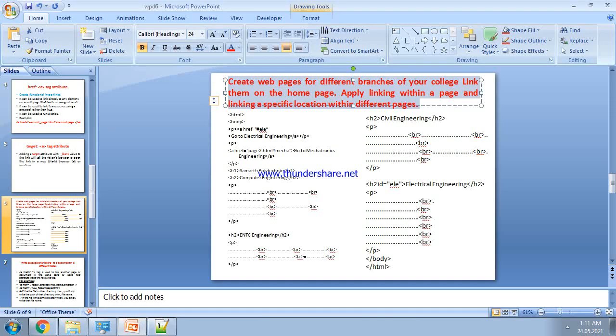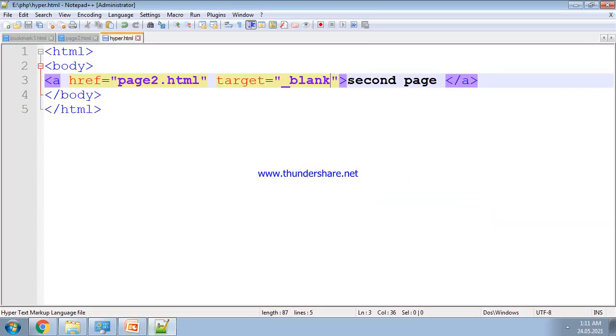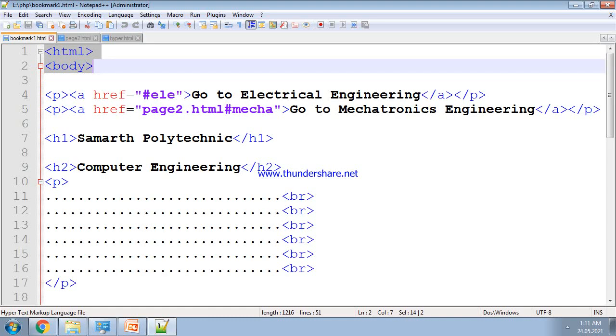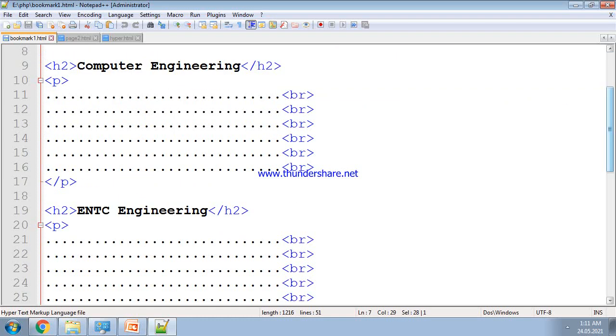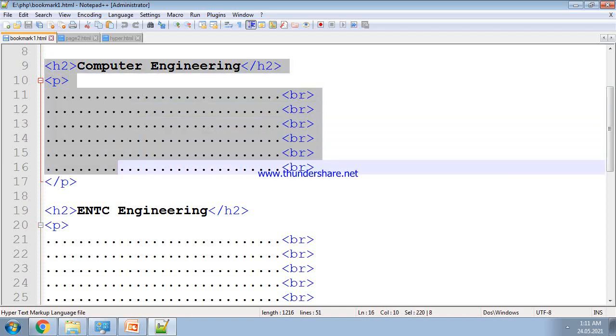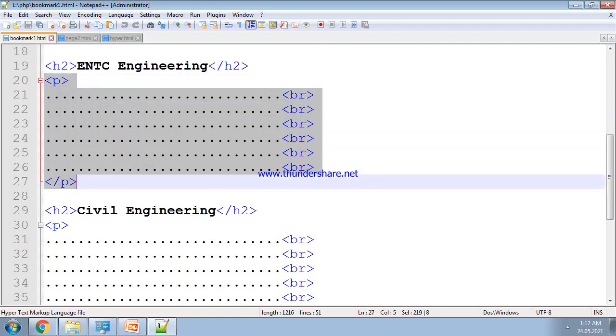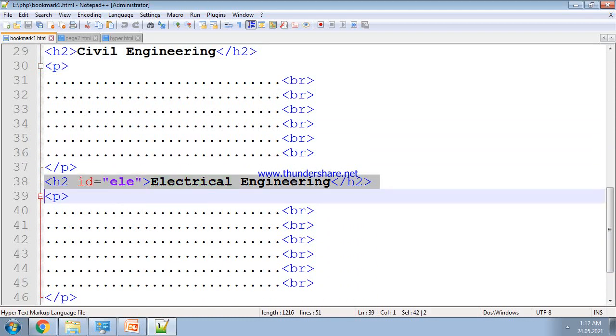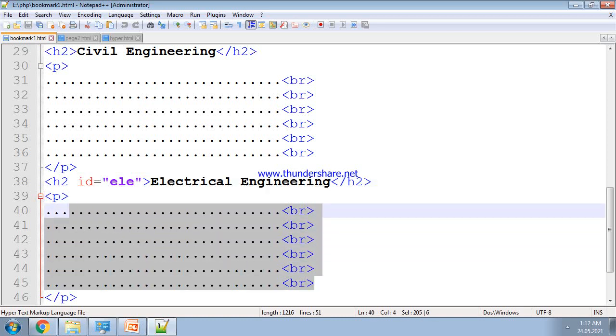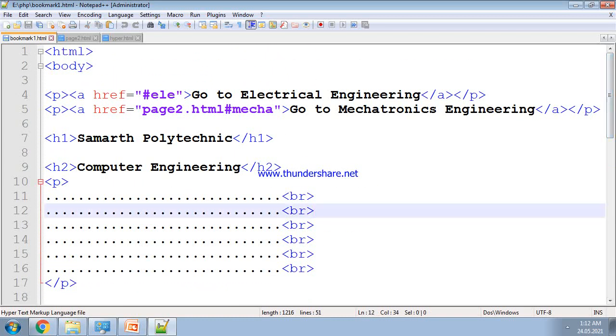This program is very small, so let us see it in the text editor. Here an H1 heading Samartha Polytechnic is given, then an H2 computer engineering, where the information of computer engineering should be, then ENTC engineering, civil engineering, and electrical engineering, each with its information.